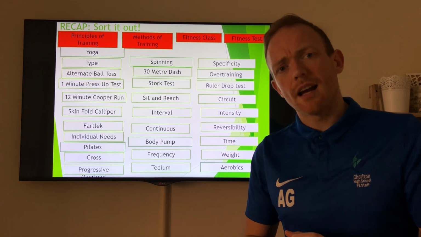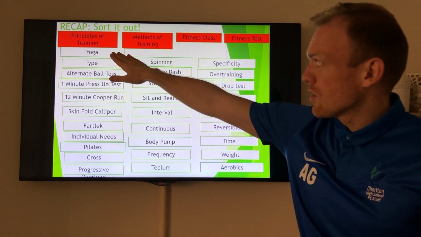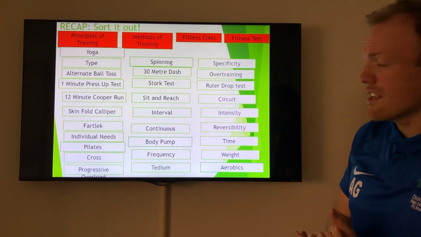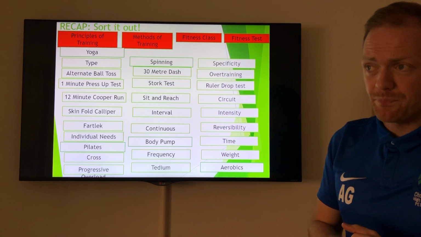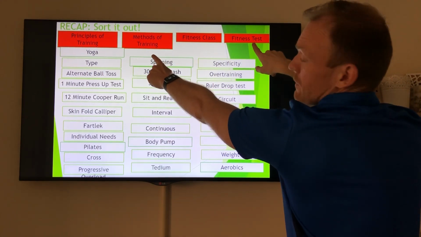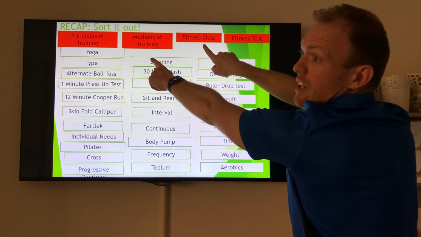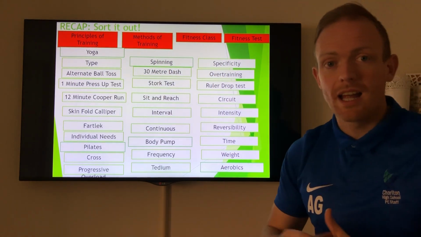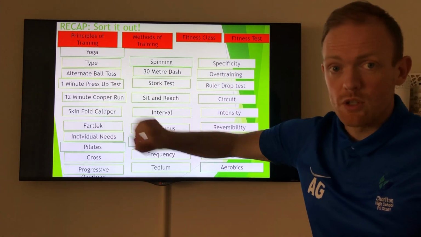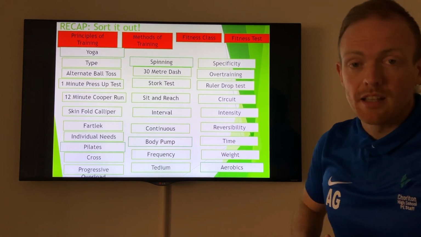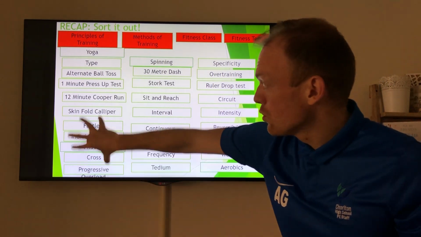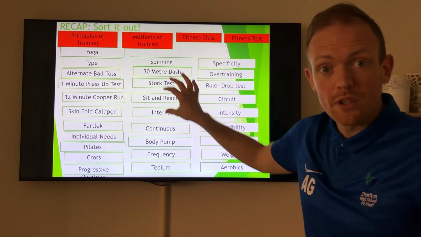So your first task, guys, is to have a look at these. The principles of training, the methods of training, fitness classes and fitness tests, all different topics in their own right. The 2 most similar are methods of training and fitness classes. They go hand in hand, but they are 2 slightly different topics. And then principles of training is one on its own, and so is fitness testing. We do them all for different reasons. So the first task is to unjumble all these, put them into 4 different columns,